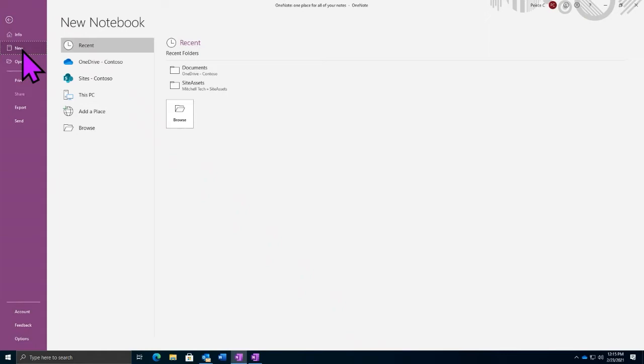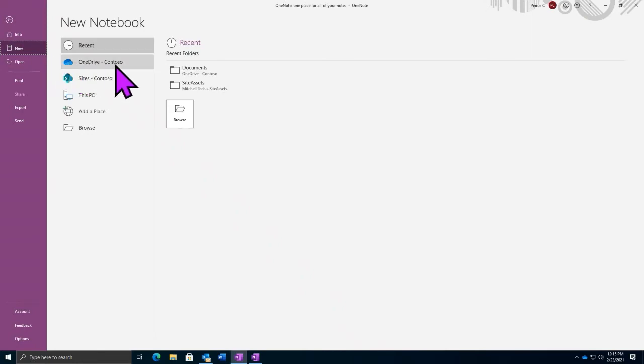That's probably one of the worst things about having notes in a physical notebook, is if they get damaged or they get lost, that information's gone. So being able to save our OneNotes in our cloud storage location makes it really nice to ensure that we still have those backups. If anything were to happen to our computer or a device, it's all hosted in the cloud and we can easily get it back.